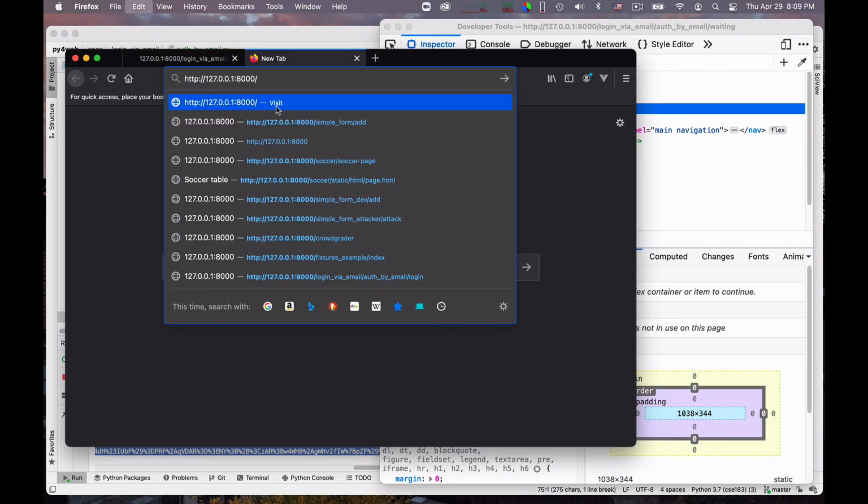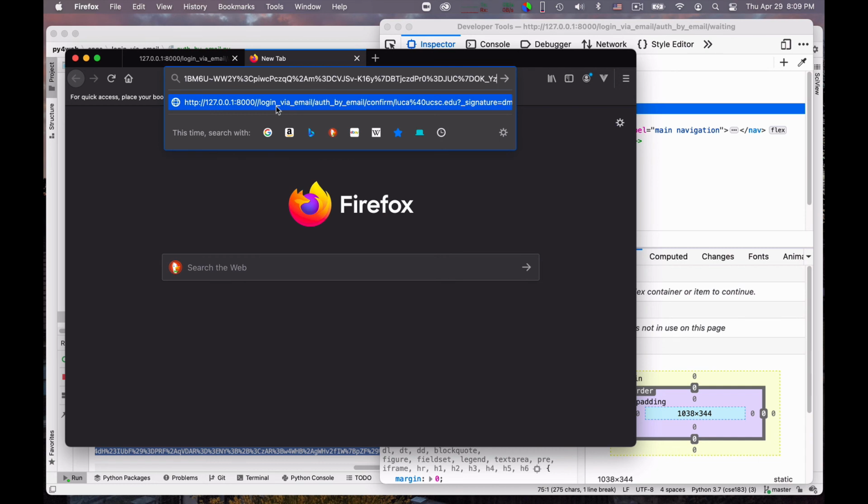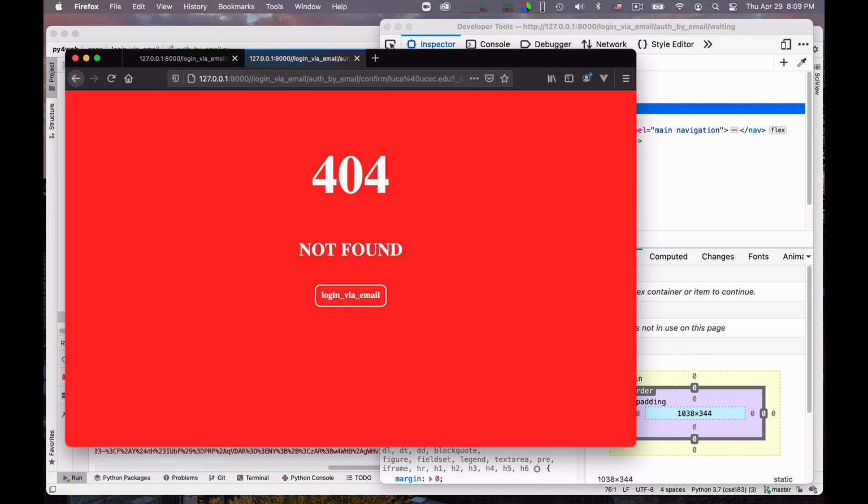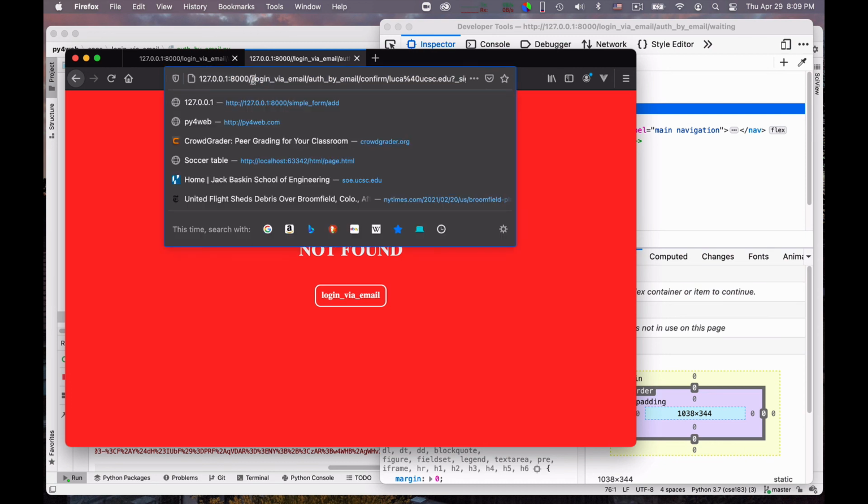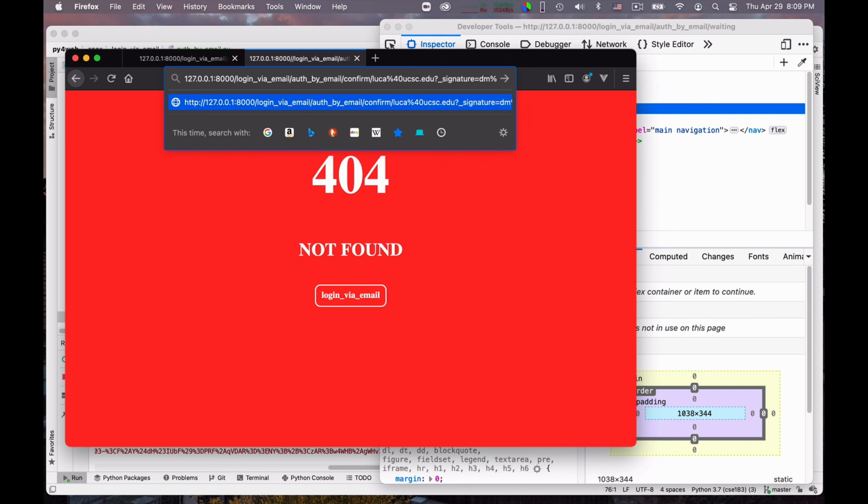Perhaps I should disable the signatures at the beginning. So if I do this, what should happen? That I log in. Not found. Okay, but this is silly, but it is explainable because I have here 2 slashes, right? So let me try with 1 slash only.